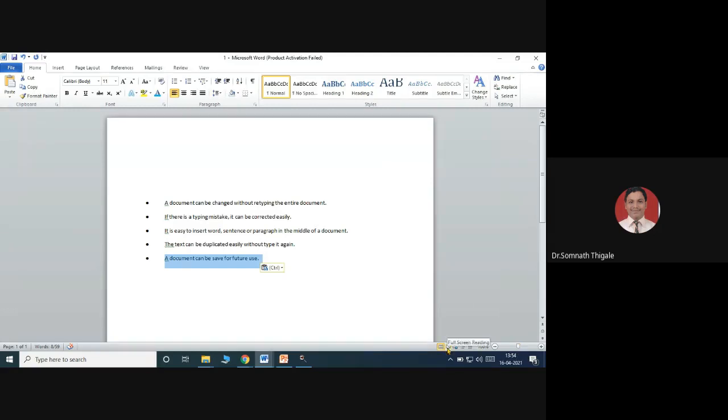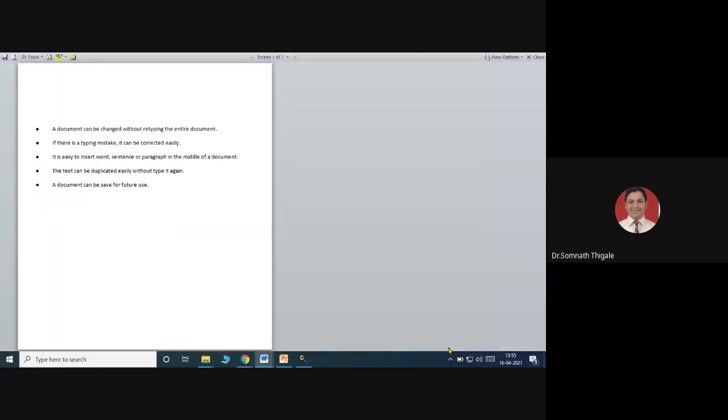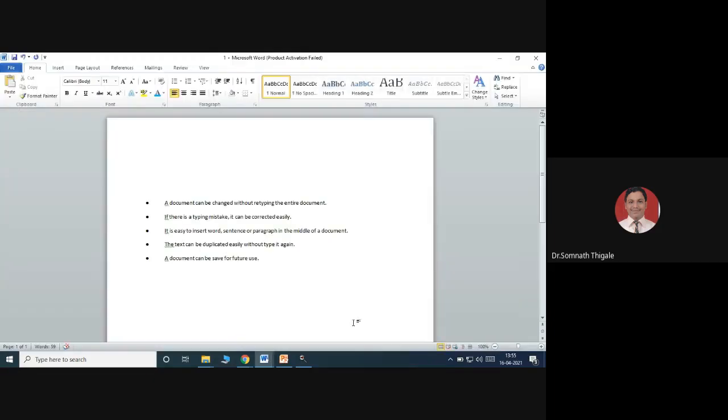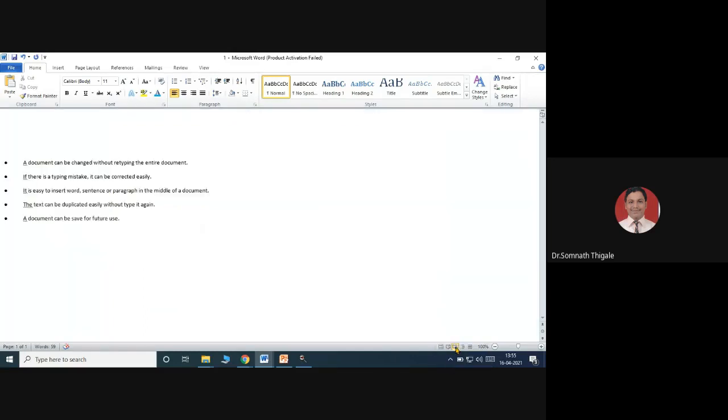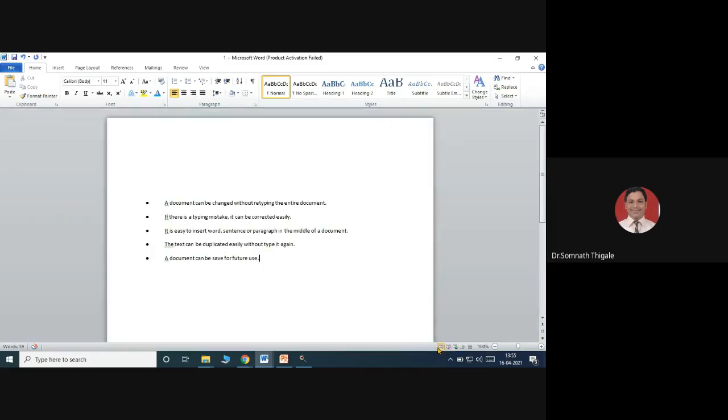This is view. If I click, this is the normal one-page view, which we call the print layout. This is full screen. When I minimize, it is coming back. Simply press the Escape button from your keyboard, and you'll move to the main menu. And this is web layout, how the document will look from the web browser's perspective, so that you can check out. So keep it on the print layout, that is the basic idea.